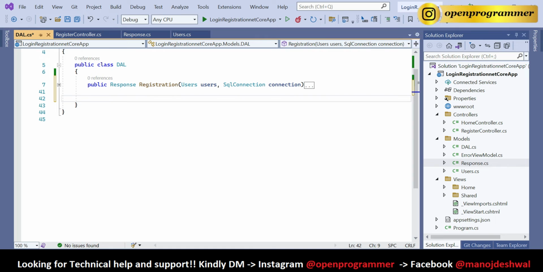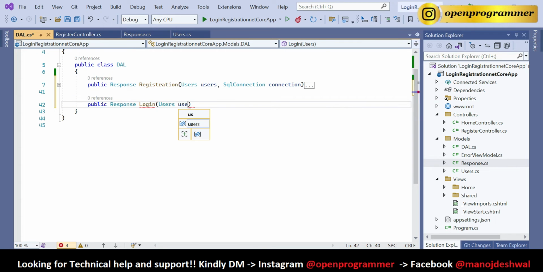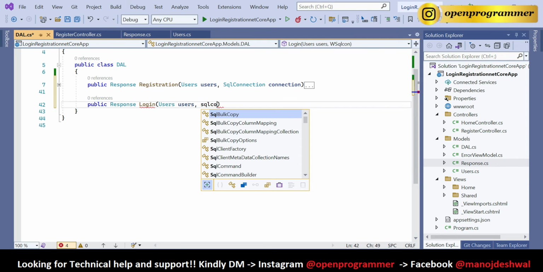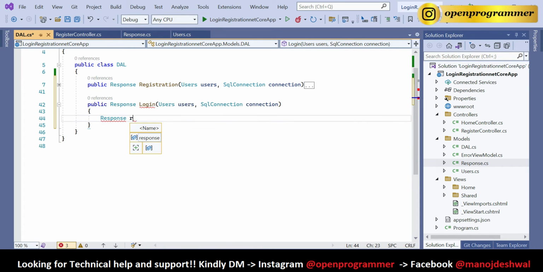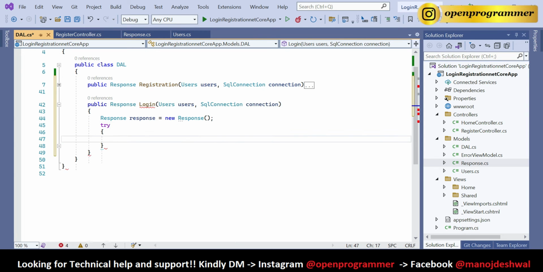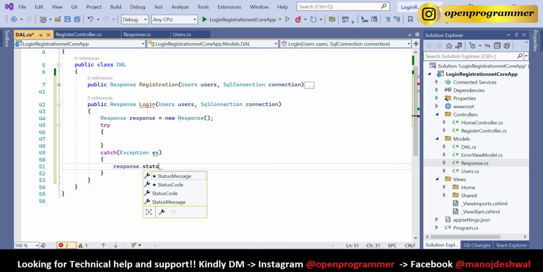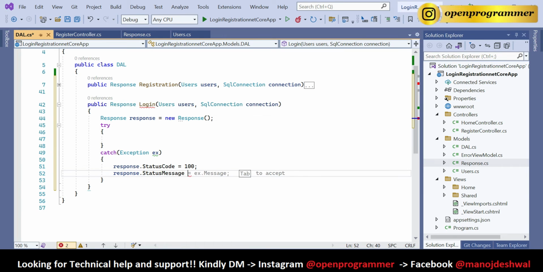Perfect. Let's create another public response login, and it will also use the same kind of parameters. So users and SQL connection, and response is equal to new response, try catch exception, and here response dot status code is equal to 100, response dot status message is equal to ex dot message. Save, and here